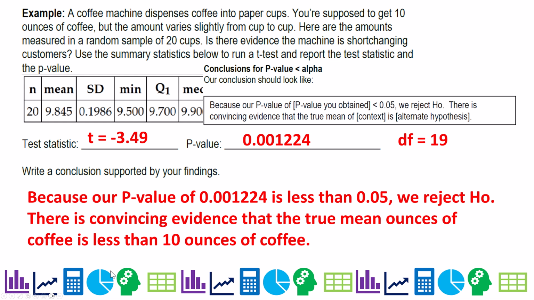0.001224, and it's fine to include extra decimals most of the time. You might get bit if you round too much, so throw in some extra decimals. That is less than 0.05. We reject H naught. There is convincing evidence that the true mean ounces of coffee is less than 10 ounces of coffee. And that is your intro to